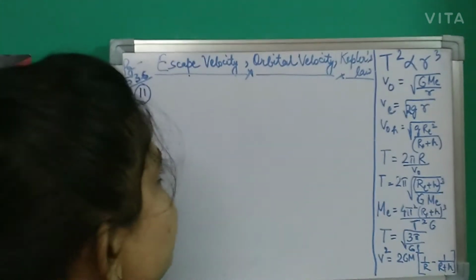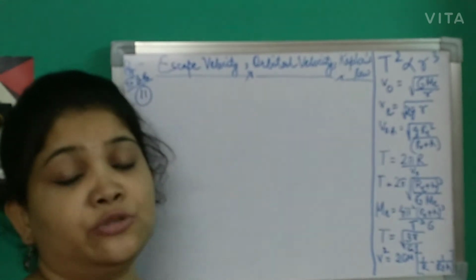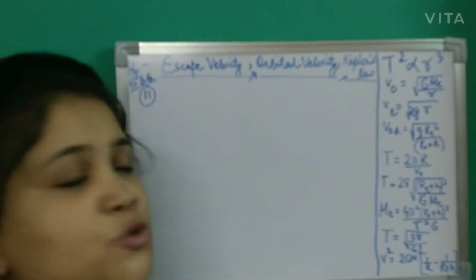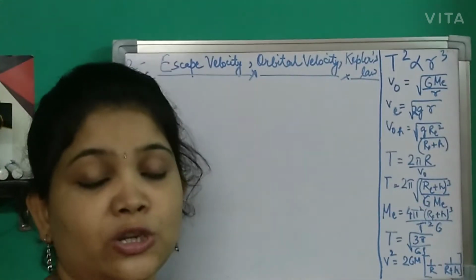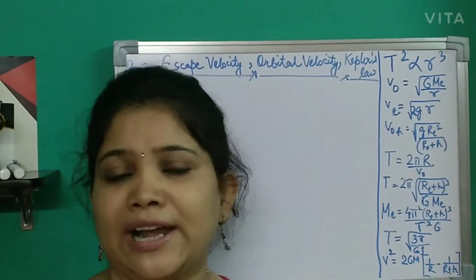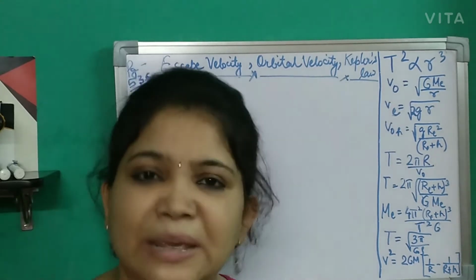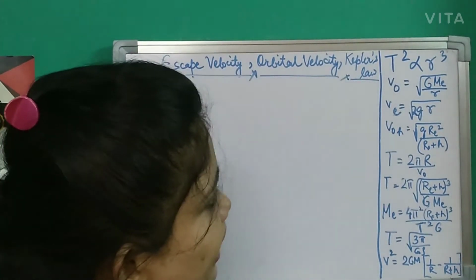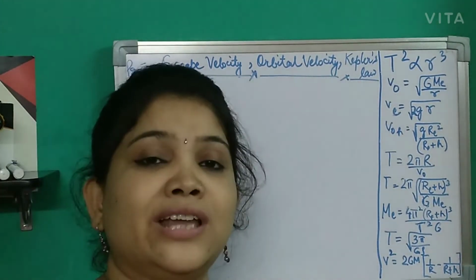So let's start with sum number 11. Before you start the sum, please open your books to page 536. On page number 536, you'll get all the sums. So let us start sum number 11. I had not done sum number 11 with you, and I had told you that this is based on Kepler's law. As we have finished Kepler's law, today we will be doing that sum.